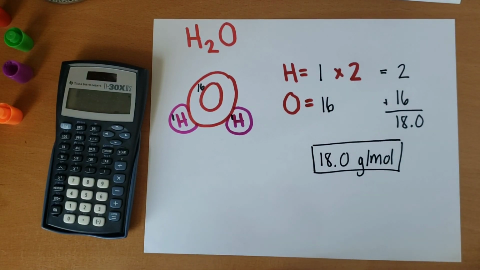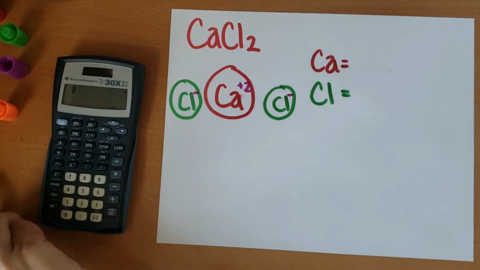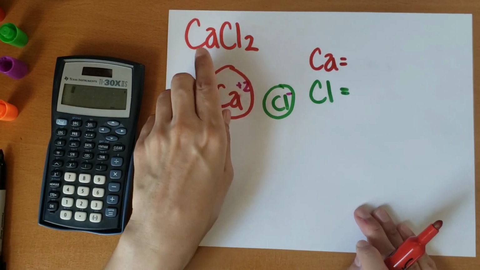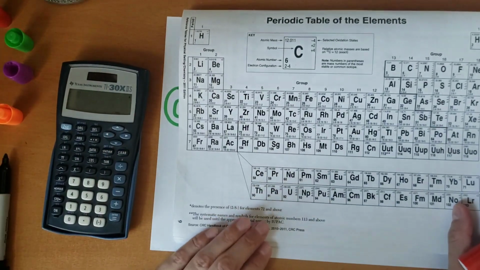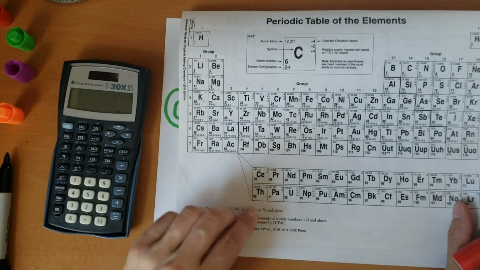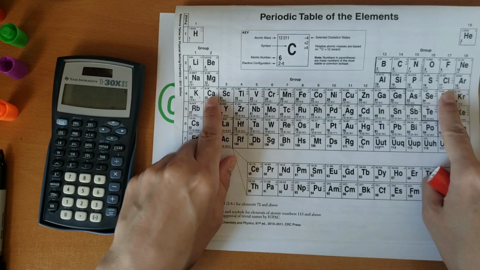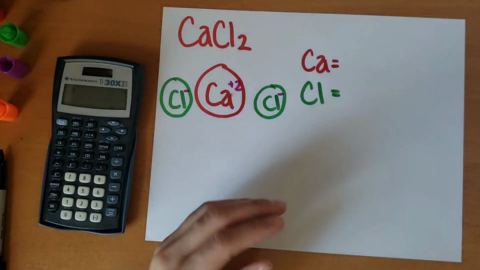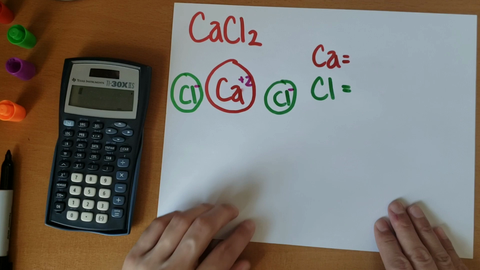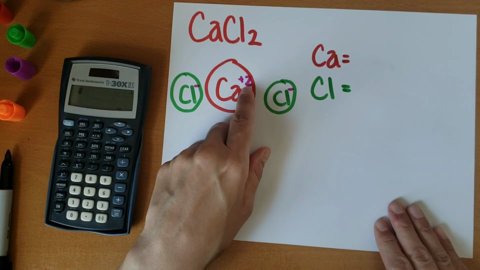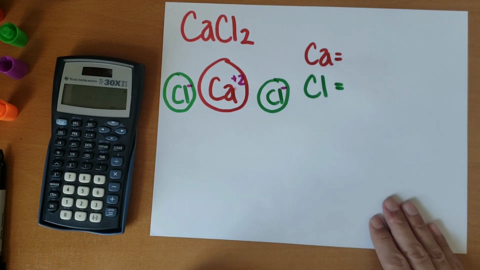Let's try a slightly trickier problem. Here we have calcium chloride, an ionic compound. This is an ionic compound because when we look at our periodic table, you can notice that calcium is a metal and chlorine is a nonmetal. Now, ionic compounds transfer their electrons, and they are attracted because they are opposite charges. So calcium has a charge of +2 because it's lost 2 electrons, and it gave 1 electron to each chlorine,